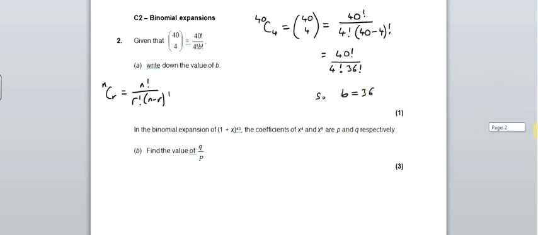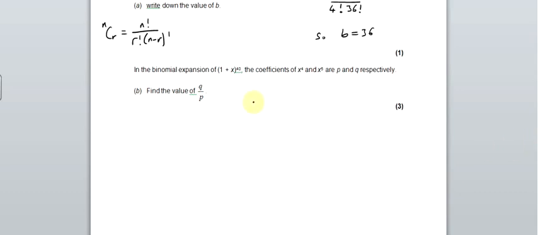Now we've got a binomial expansion in this, and it's the coefficients of x to the 4 and x to the 5. So I'm just going to go from the beginning. I often do this because this is a way of really knowing you've got it right, but you can jump straight there. So it starts off with 40 choose 0, and then we've got the 1 to the power of 40 and the x to the power of 0. And then we've got our next term, 40 choose 1, and then there's 1 to the 39, x to the 1, and then we've got 40 choose 2,